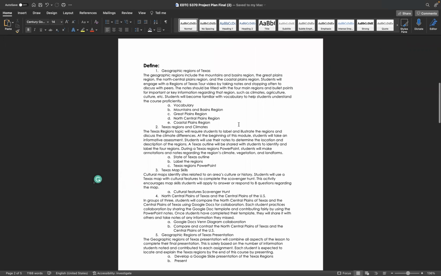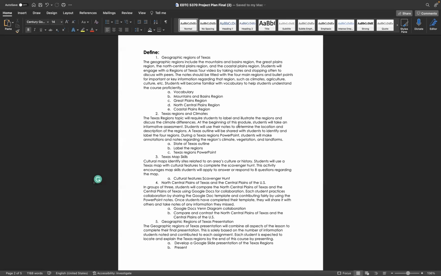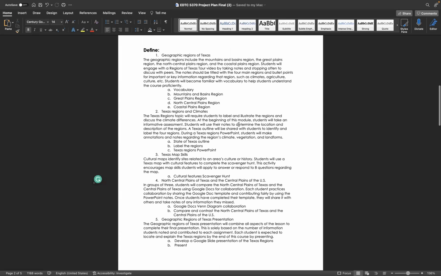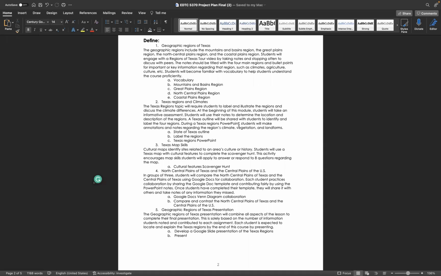So this just kind of really briefly describes each of the modules. We had 5 modules titled the Geographic Regions of Texas, Texas Regions and Climates, the Map Skills, North Central Plains, and the Regions of Texas Presentations. And in each one, students had an activity to do that focused mainly on the integration of technology. Most of it used Google Slides. We did use Google Docs as well as quizzes. In this first module,